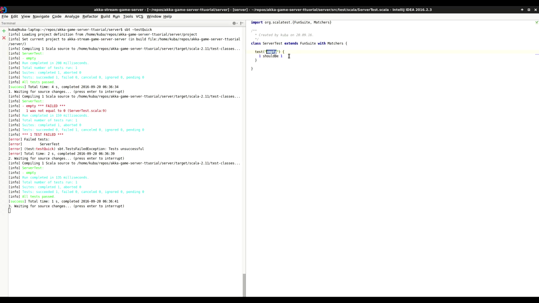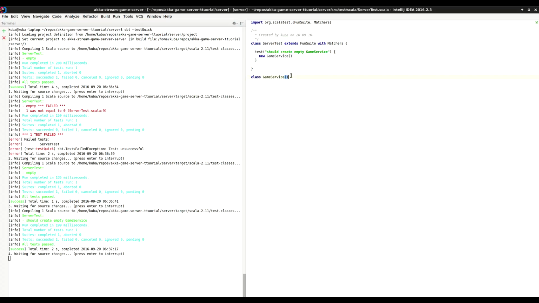Alright, let's actually do something useful and create an empty game service that will handle our connections. Obviously this class does not yet exist, so let's create it for the sake of this tutorial in the same file. Let's see if that passes. Yes, it passes. Awesome. And let's create another test. Should be able to connect to the game service